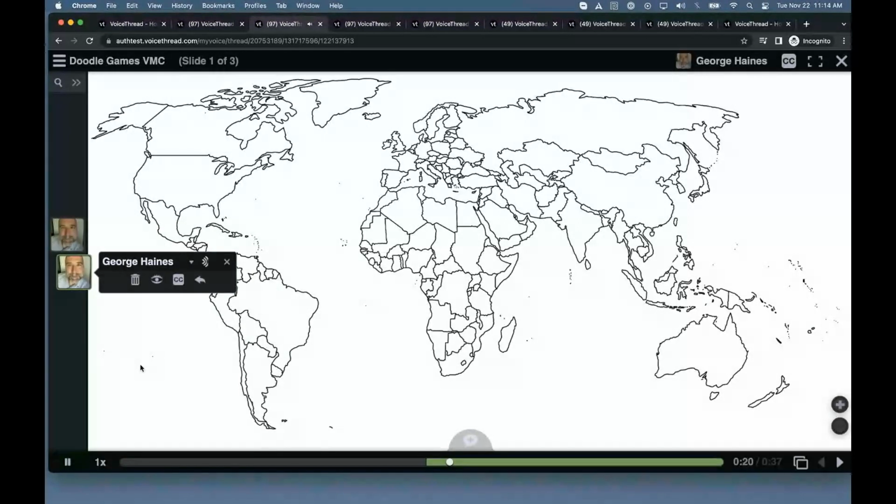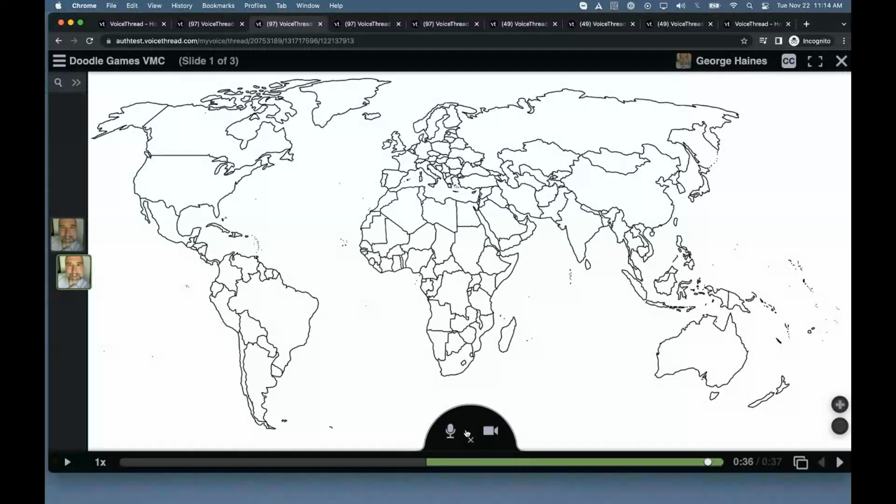Okay, students, for this geography lesson, we're going to start our journey in the country where Gandhi was born. Then we're going to go to a country that used to be called Zaire and now has a different name. And then we're going to end up at the place where the pilgrims landed. Good luck. All right, so with this, you would ask the students to make a comment, and because this is